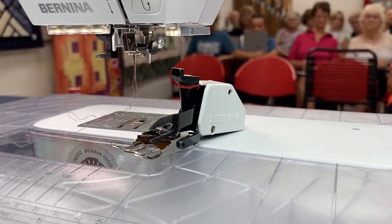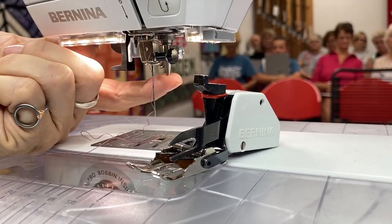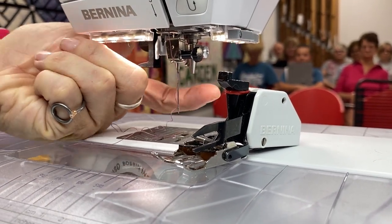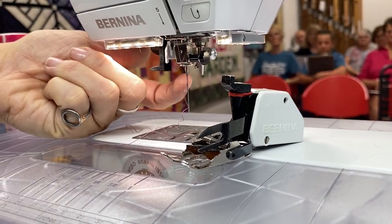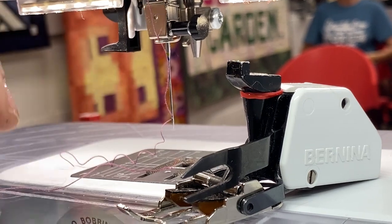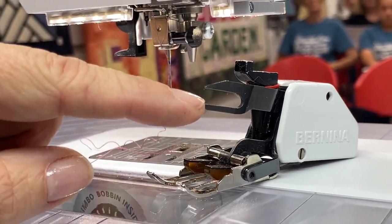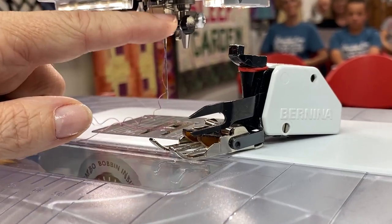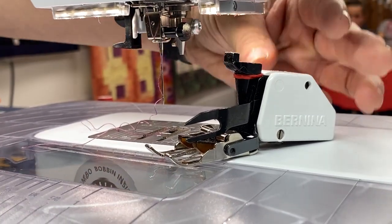Okay, you see the little point that's under there? Oh yeah, there it is. That little guy right there. That's what this fits under. Most other walking feet will come around the shank that comes down and then get screwed on. This one does not. They will all have this little fork, for lack of a better word, where the little arm goes over the needle screw. So we're going to try to do this